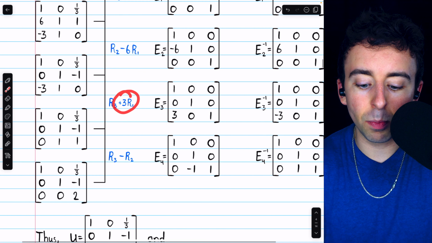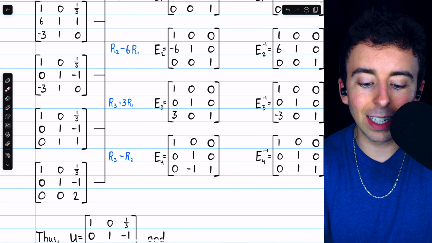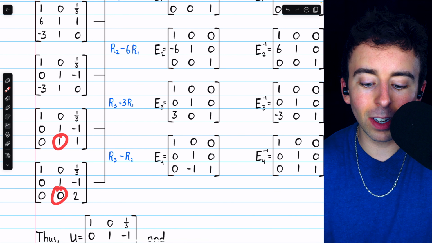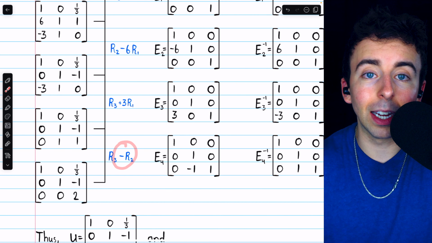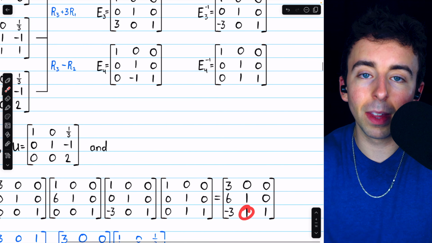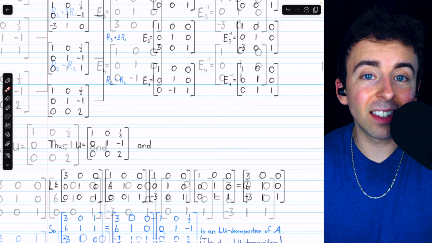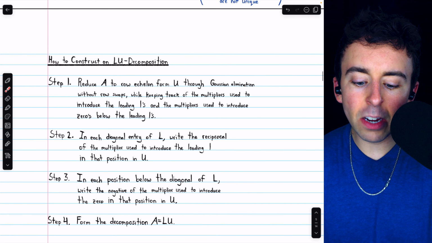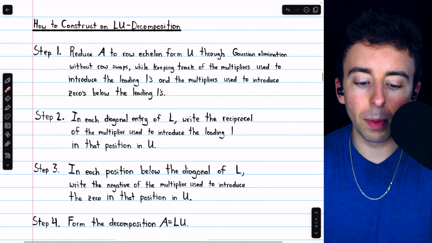And then finally, subtract row 2 from row 3 to get a 0 in that position. So we'll have the opposite of -1, which is +1 in that position in L. That's how easy it is to construct L, and here those steps are written out with a little bit more